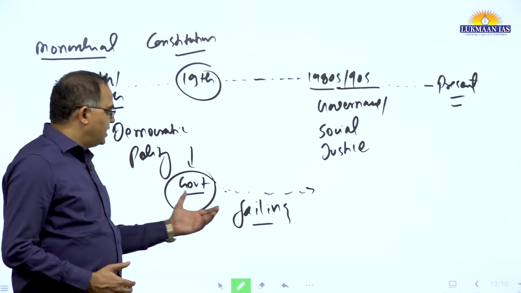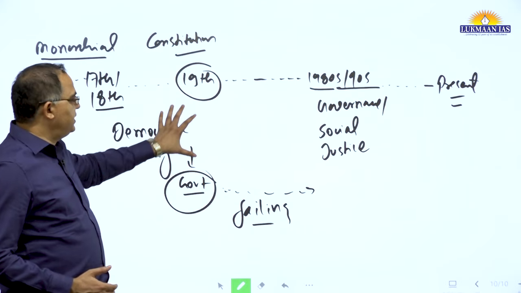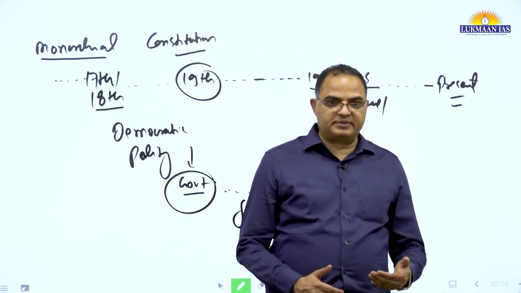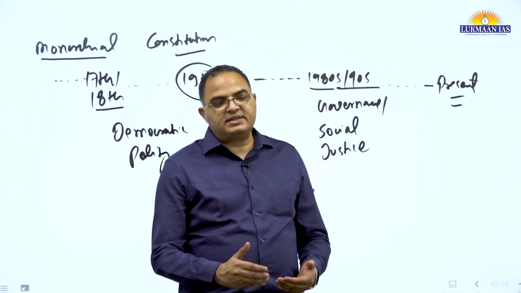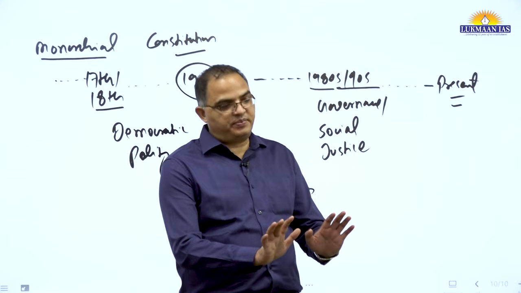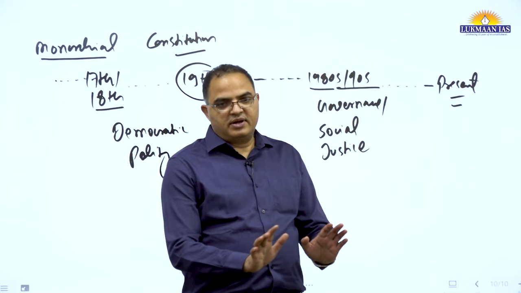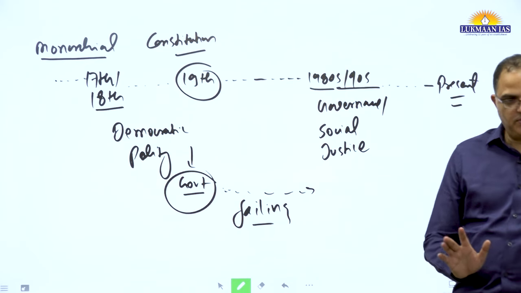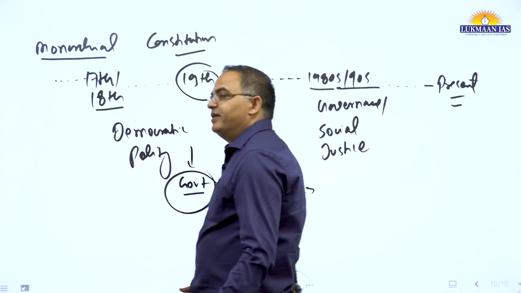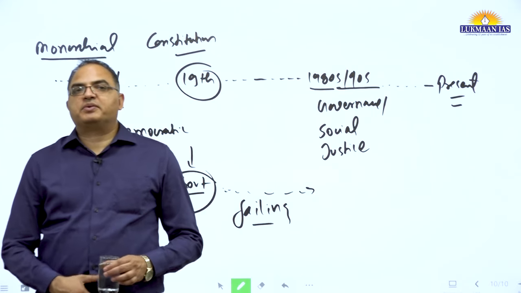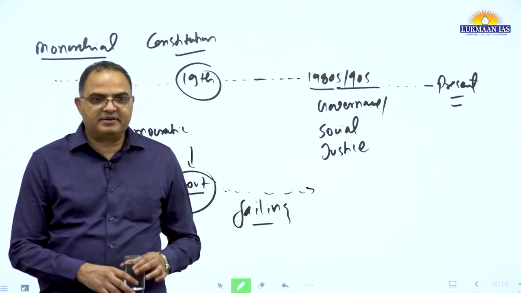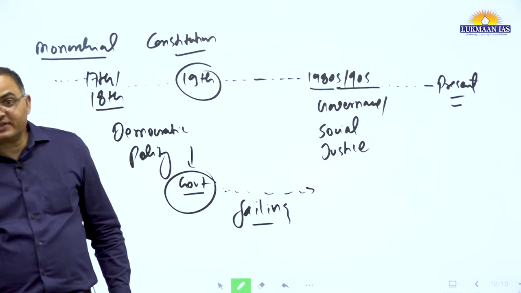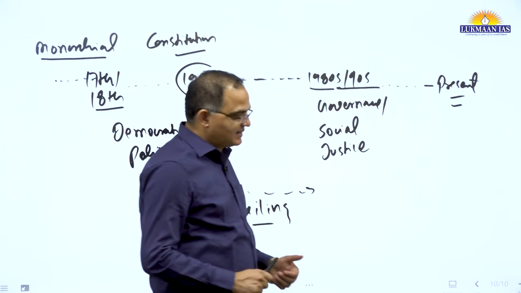Meanwhile, what happens? We start realizing that the democratic polity which we adopted is not able to achieve the aspirations we want, or somehow it is not able to fulfill the desires of people. Or even, you can say, whether the present government is able to serve people better. What do you think? Anyhow, forget about the present government, do you think states are able to serve people better? Difficult to say at this stage.